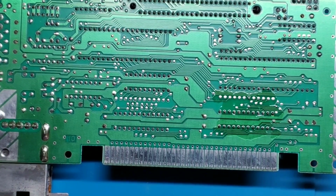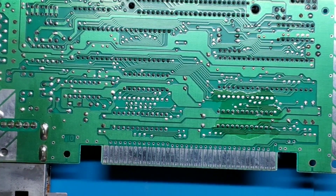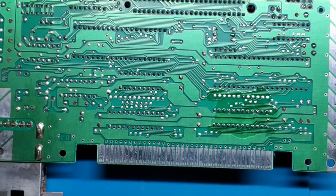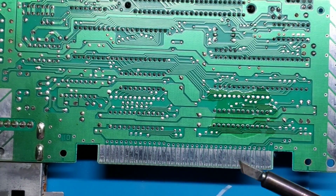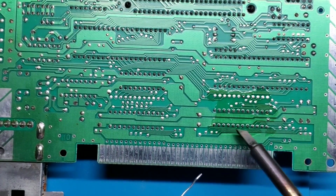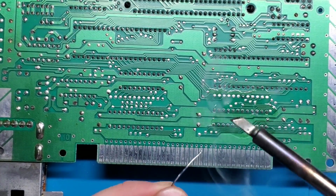Cool. Now, for doing this, the soldering tip I've chosen to use, instead of my normal chisel tip, is going to be this knife tip. And the knife tip is nice because I'm just throwing some solder on there, so it'll hit a few of those pins all at once. So I'm just going to tin this tip,